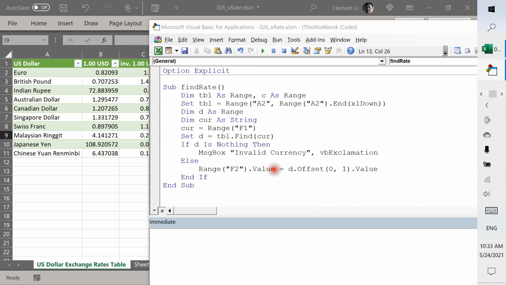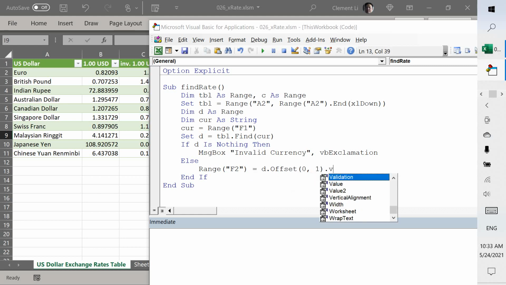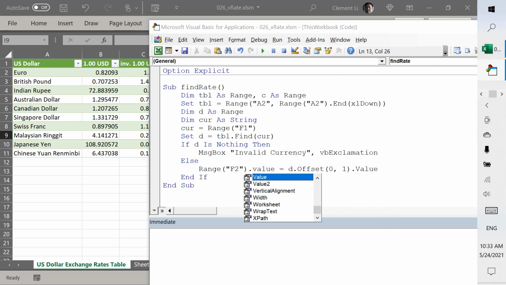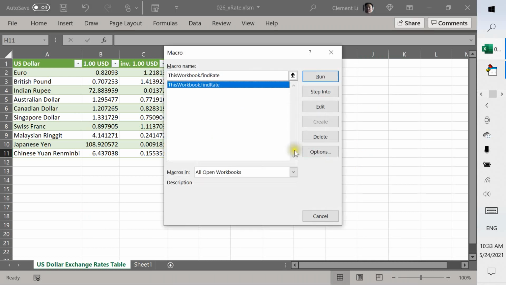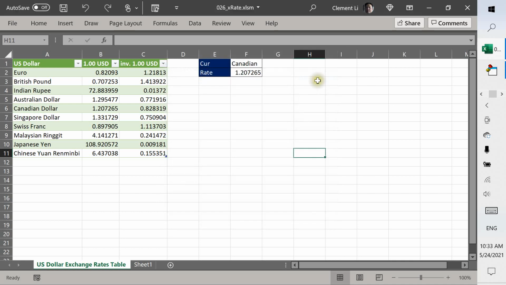If you omit it, it's also okay, because by default it means the value, you can omit it. But I like to put it in because it's better for readability. Okay. So you can run it right here, with F8 or anything. So I got Canadian dollars there, 1.27, and suppose I put in Swiss franc,